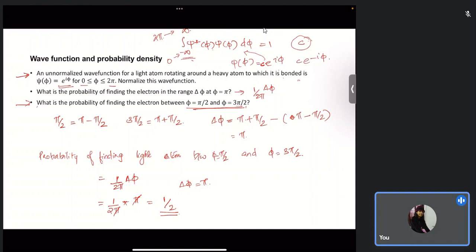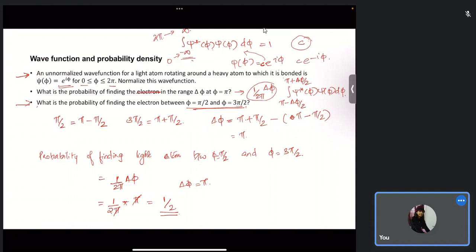The second part of the problem is to find the probability of finding the light atom in the range of delta phi around phi equal to pi. For that also, the probability of finding a particle is given by an integral of psi star of phi, psi of phi, d phi, and by evaluating the integral, for a range of pi minus delta phi by 2 to pi plus delta phi by 2, we were able to get the probability as 1 by 2 pi into